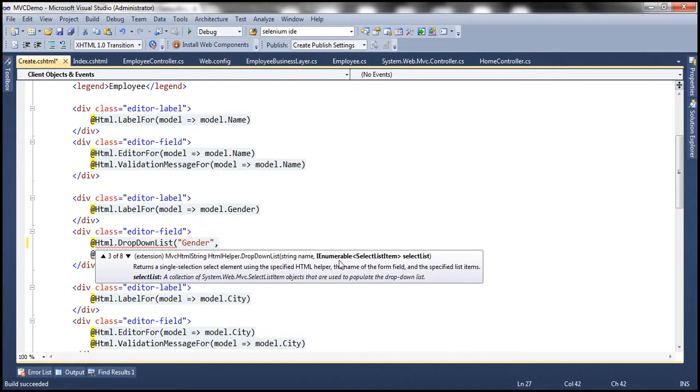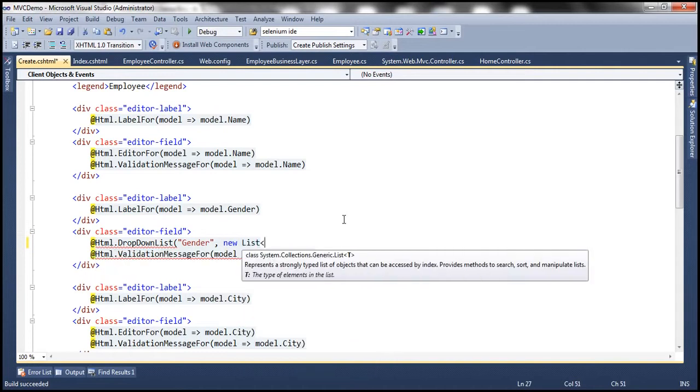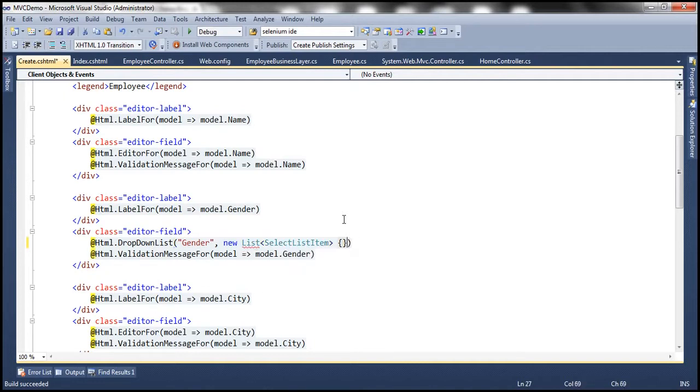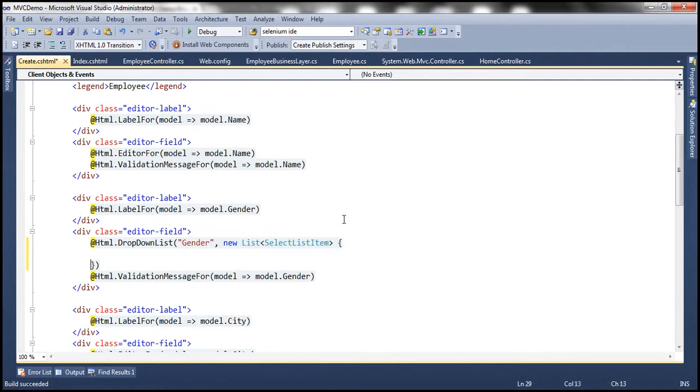And the second parameter is what options do you want within that drop down list. And it is, look at this, actually an IEnumerable of SelectListItem objects. Which means I can pass a new list object, and then it's going to be SelectListItem objects. So let's specify a new list of SelectListItem. So I'm going to create a new SelectListItem object,